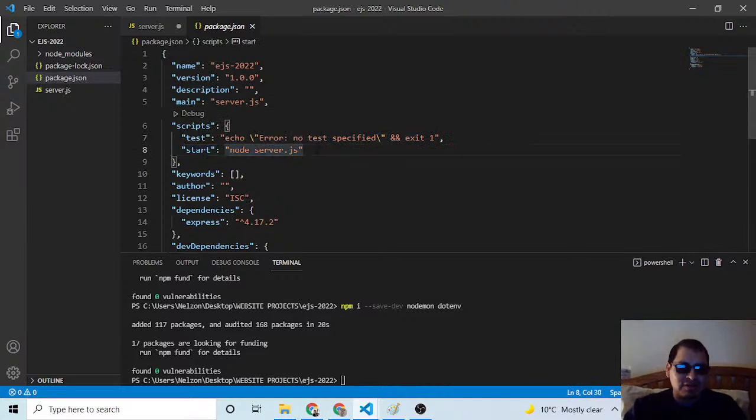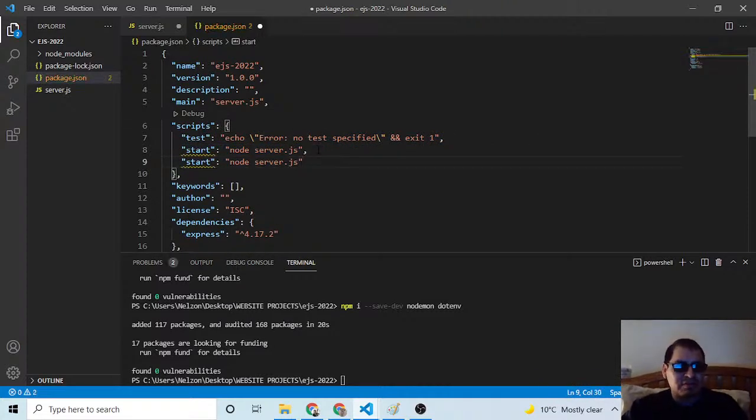What I can do here is just in the script I can put we're in development mode, dev start. So that's why I'm going to put dev start. I learned this from Kyle from Simplified Web. So nodemon, I'm going to run this other script.